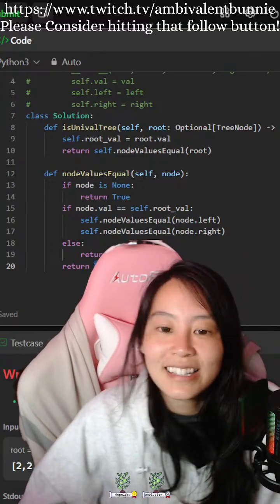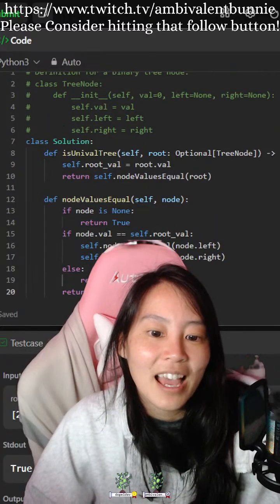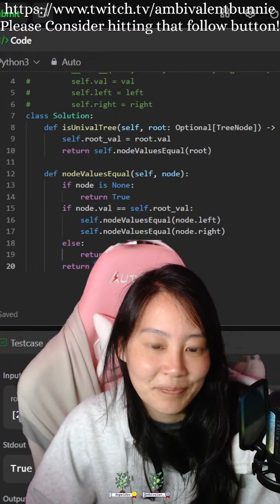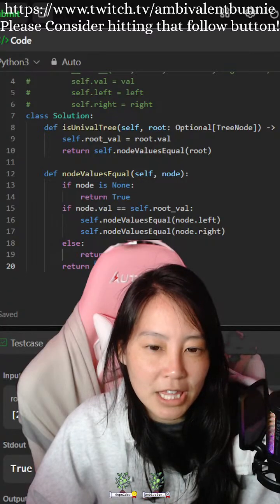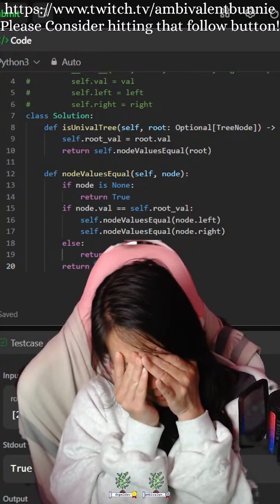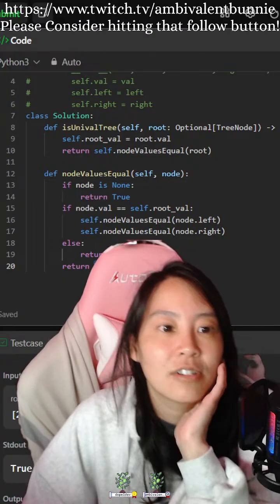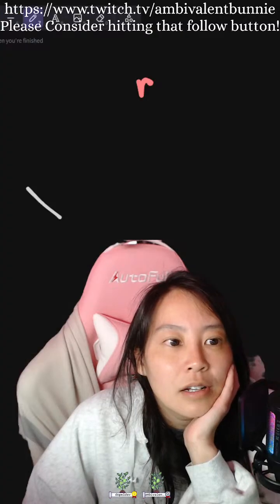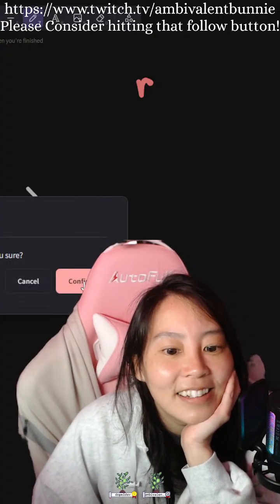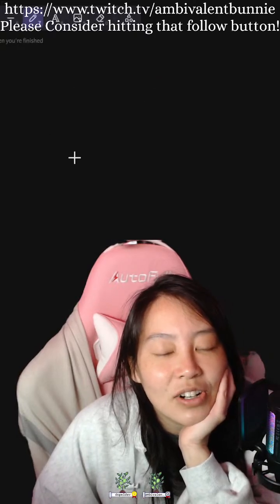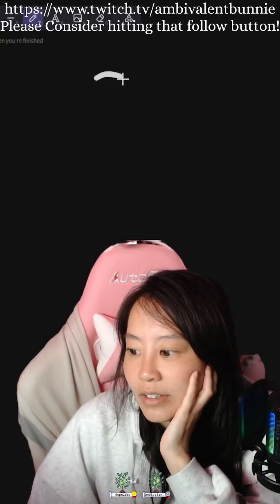Yeah, so basically it's because of the recursion. However, let me think this through. Okay, I'm going to say what my code does right now.